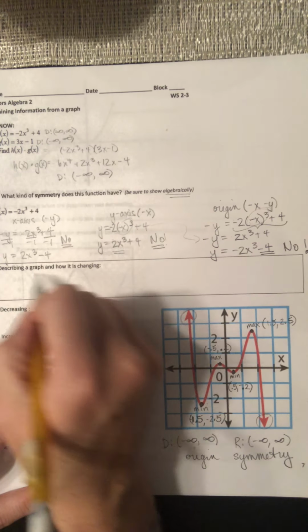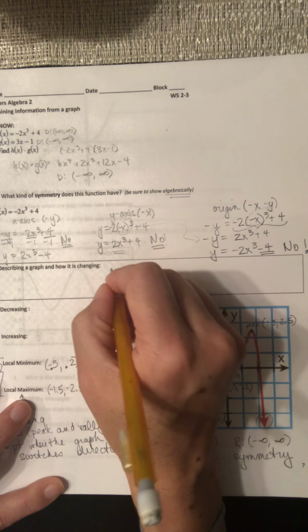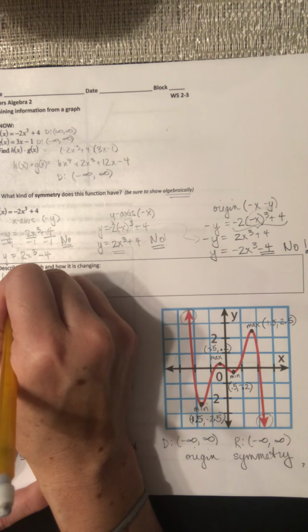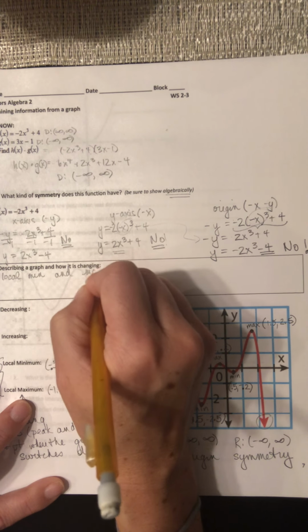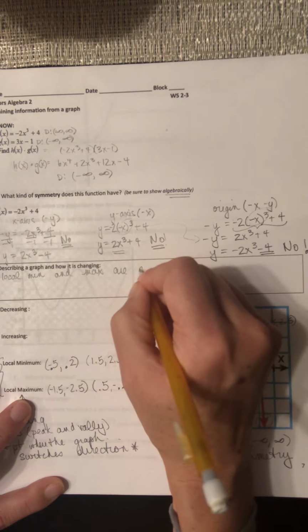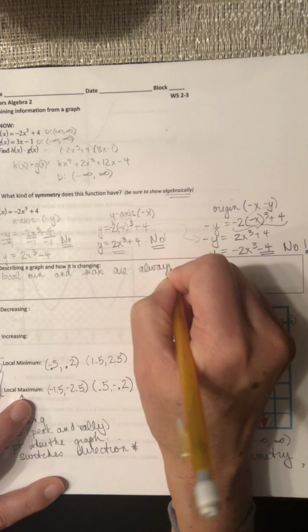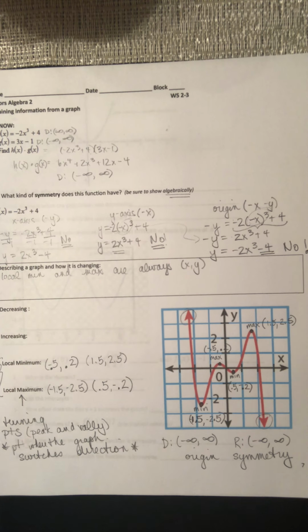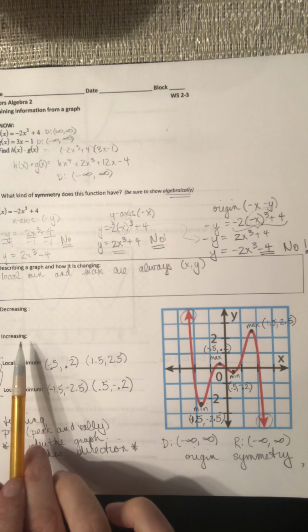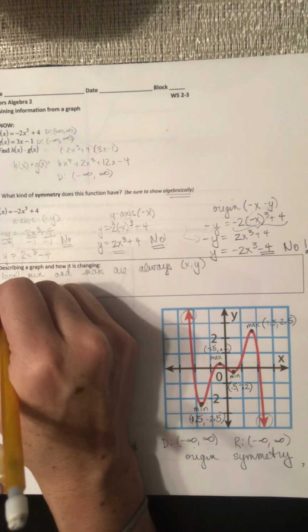So here, describing a graph and how it changes. Okay, so local mins are always points, coordinate pairs, x, y, okay? Then here, when we do increasing and decreasing, always